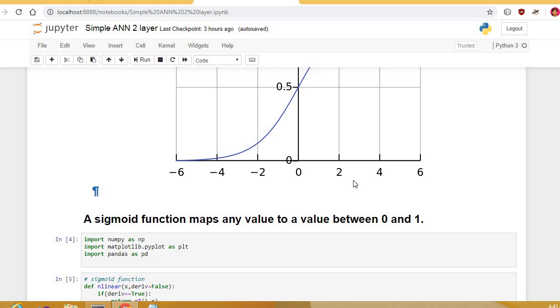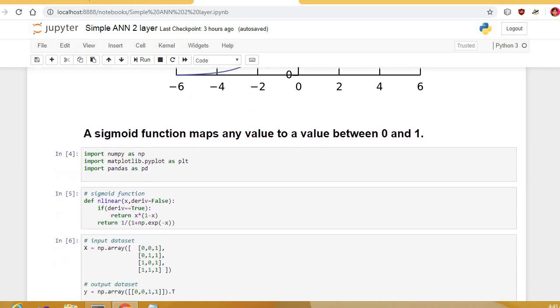network implementation is the sigmoid function, which we have discussed in our earlier video lectures, that it maps values between 0 and 1. Now here we are going to import NumPy as np, and NumPy is nothing but a linear algebra library. These are our dependencies. Similarly, matplotlib.pyplot, that is for plotting purposes. So these are the dependencies that we have used. Now let's move ahead with the next line.